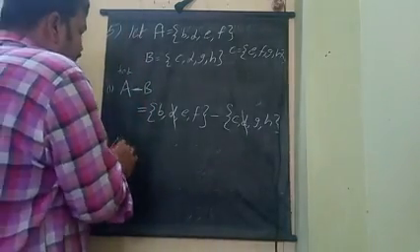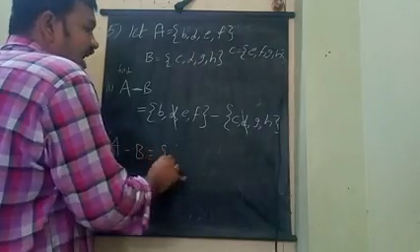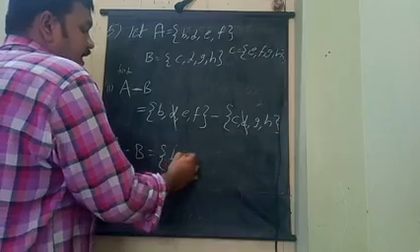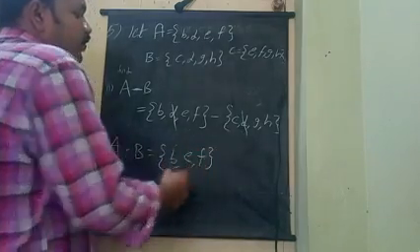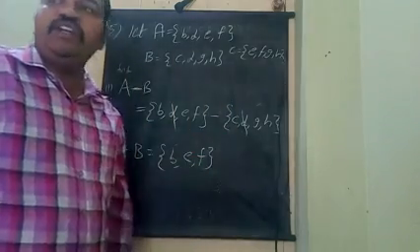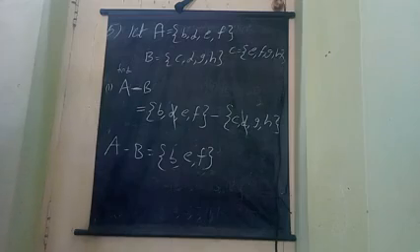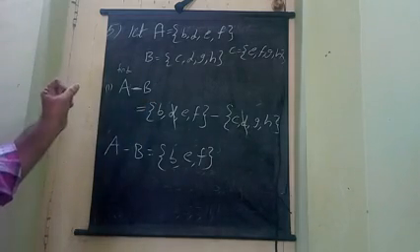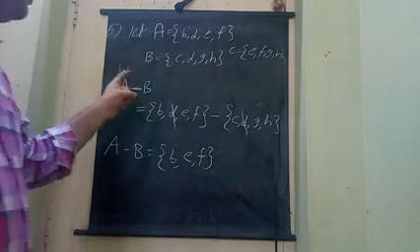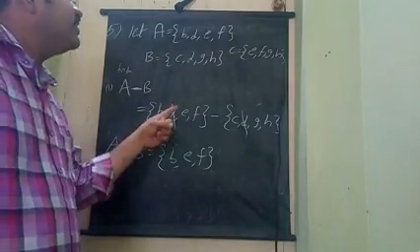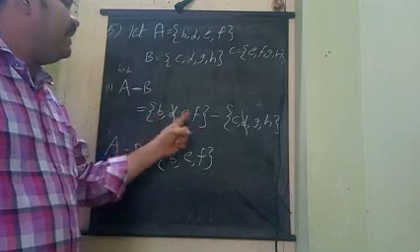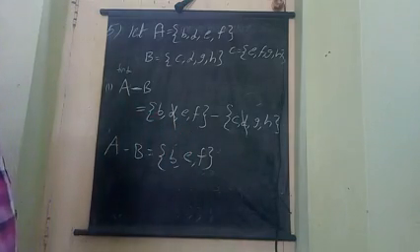What is it that remains in the first set? The first set is having B, E, F. Don't write the second set. We only want the first set. That is called difference. Only taking the first set is called difference. Remains in the first set. Remains means remaining ones. The remaining ones in the first set are B, E, F. That is the answer for that one. And the next sum is here.